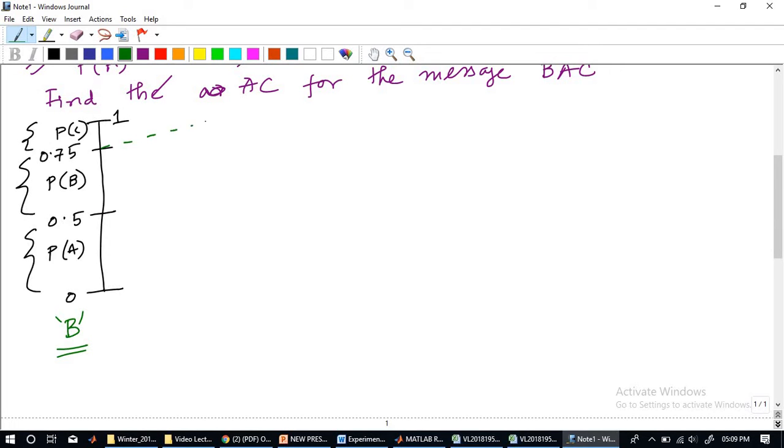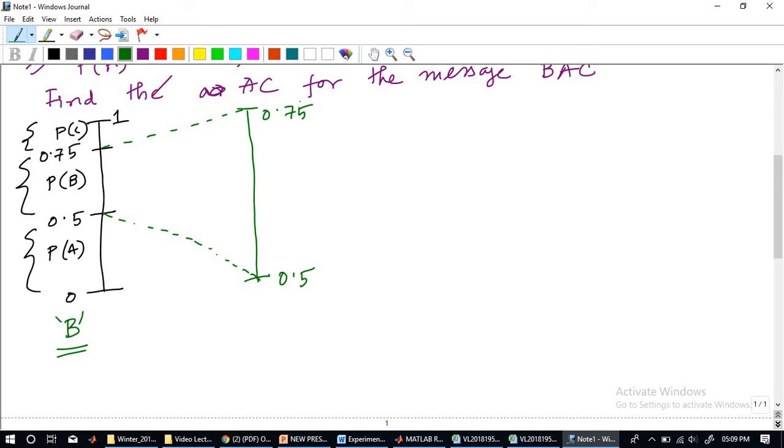Just make some dotted lines and redraw the diagram, considering as if you are zooming on the PB. Hence your lower limit will now be 0.5 and your upper limit will be 0.7. Am I clear? This is what the important step is, because that is what we are going to follow for